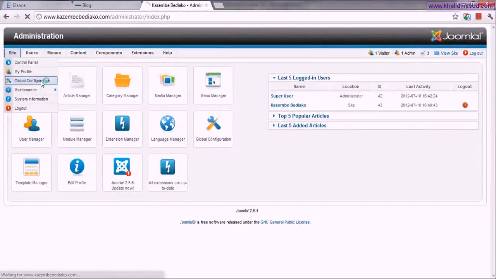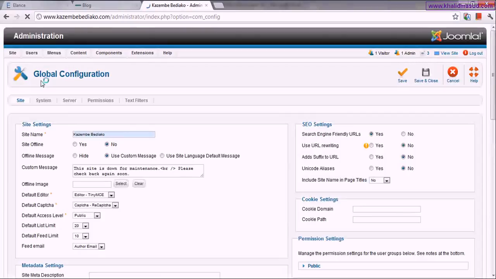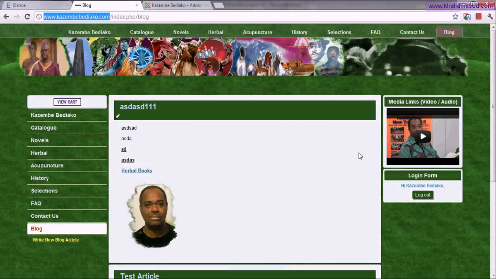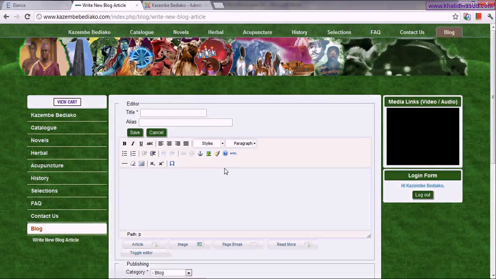Configuration. Whenever you are going to do anything in your backend system, you can see there is an option here called default editor, which is selected as TinyMCE. Editor means the software or the way you use to write anything for your website.